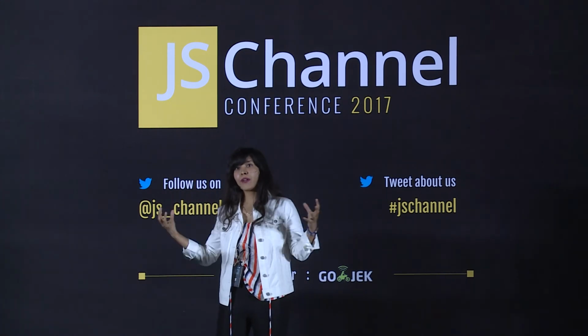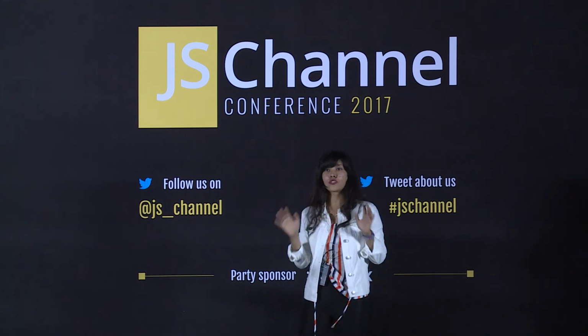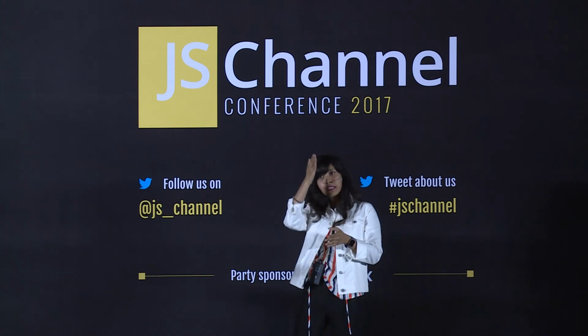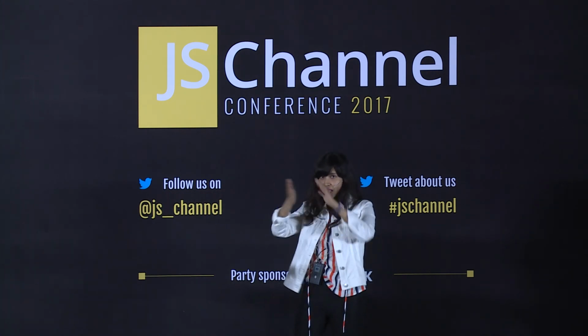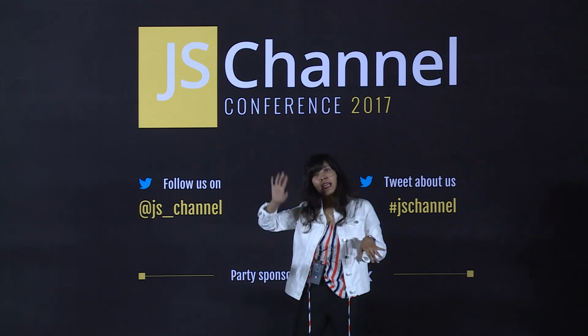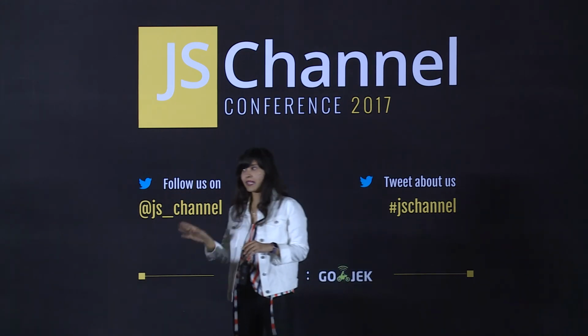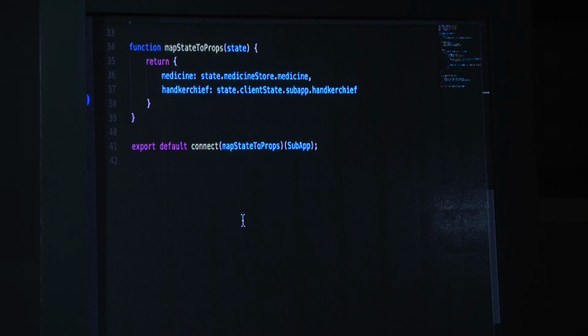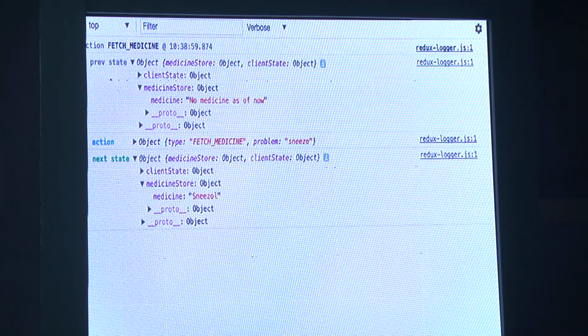So basically, when you npm install this sub-application to your main application, what we really do is we create a single store. We combine these reducers together, we create a single store for all of these applications, and we create a single state tree. Now, branches of this tree can be subscribed to by anybody, by any sub-app or the main application. If we see it in action, then